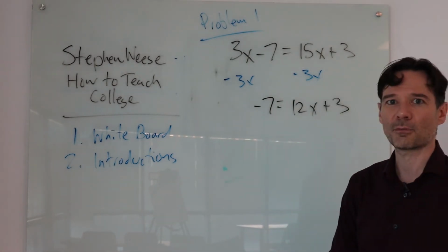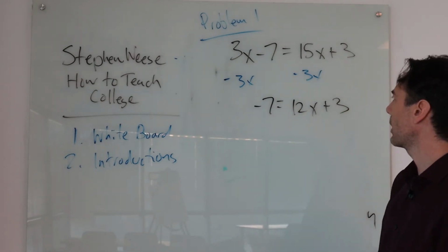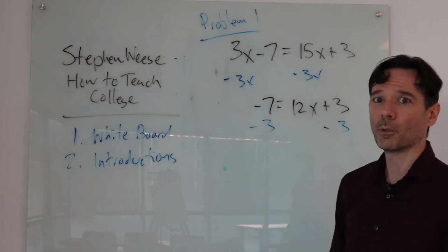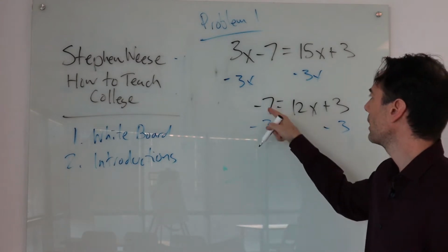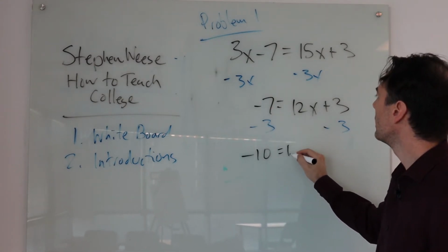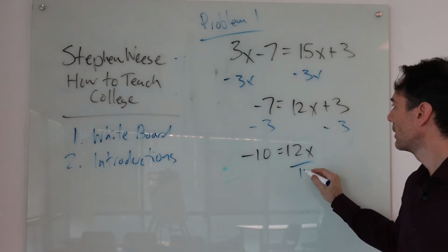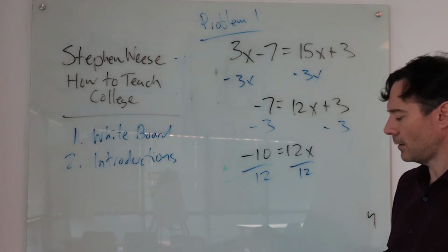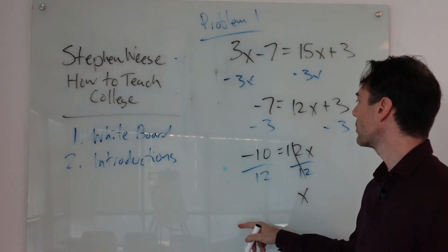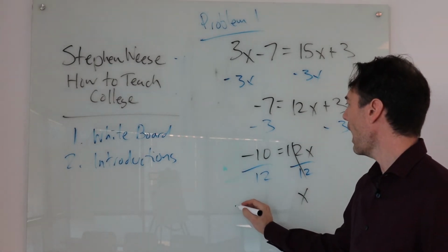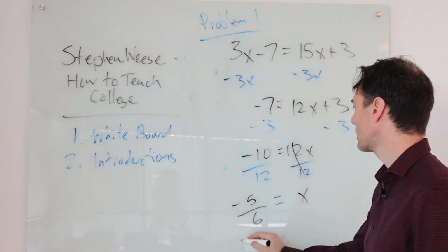Now I'm down to 3 terms. So once again, I'll eliminate a term. All right, well, I've got 12x and I've got a plus 3, so I'll subtract 3 from both sides. You can see once again that I'm using different colors here, okay? And I'll get negative 10 is 12x. Then I'll divide both sides by the coefficient here, 12, right? So this cancels out here. I'll get x. I get negative 10 over 12, but that's also known as negative 5 over 6.